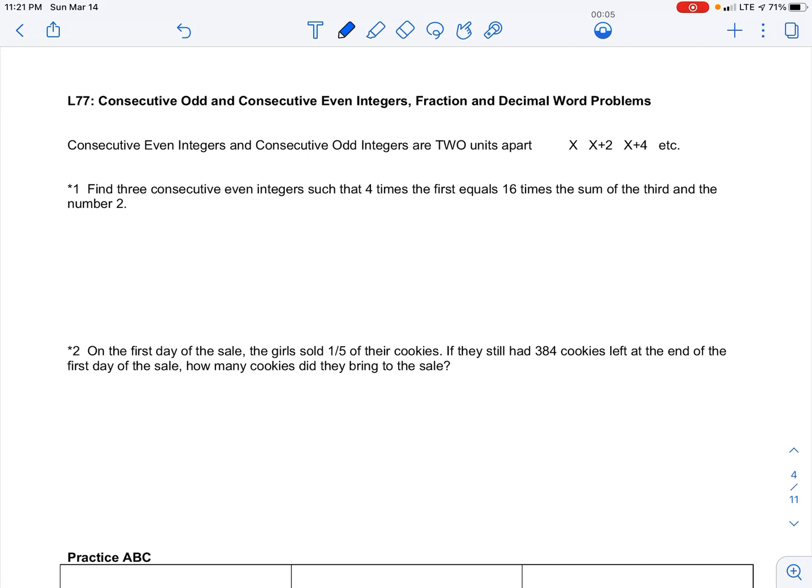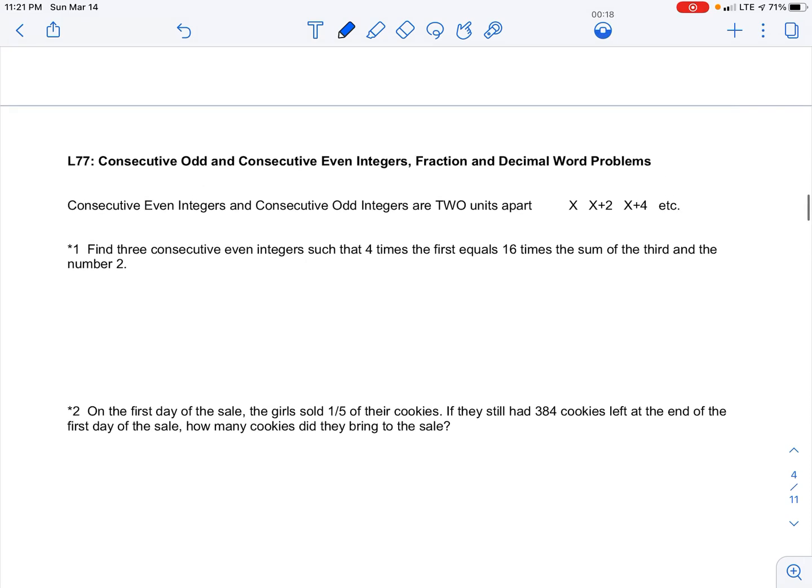We are going to be looking at Lesson 77 together today. The title is Consecutive Odd and Consecutive Even Integers, and then we're going to talk a little bit about fraction and decimal word problems. So if you can recall with me, in Lesson 76, which was the last lesson that we did,